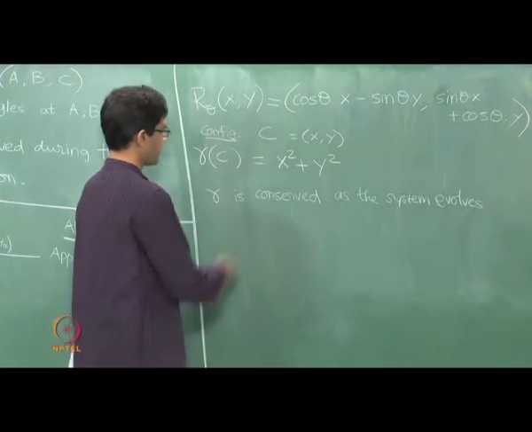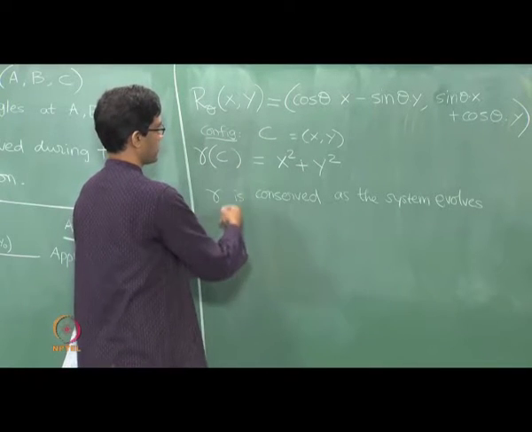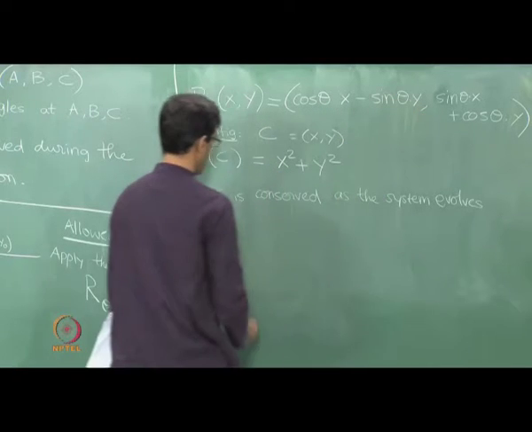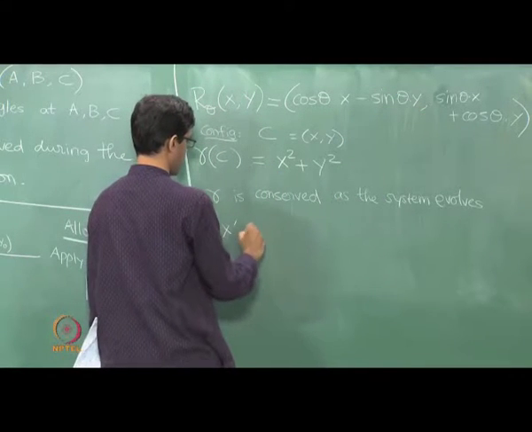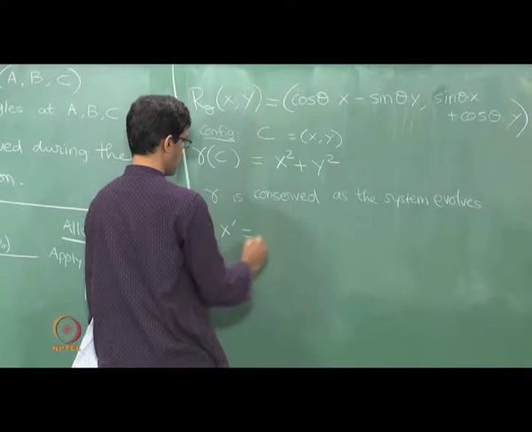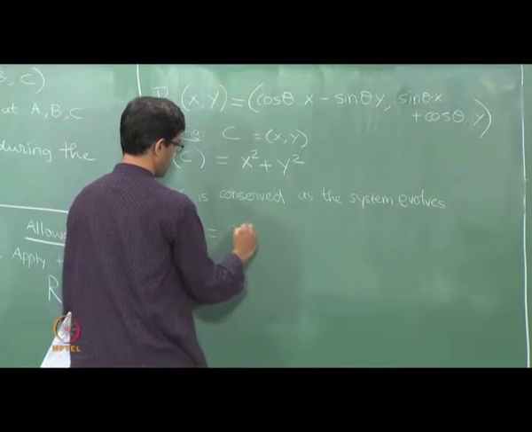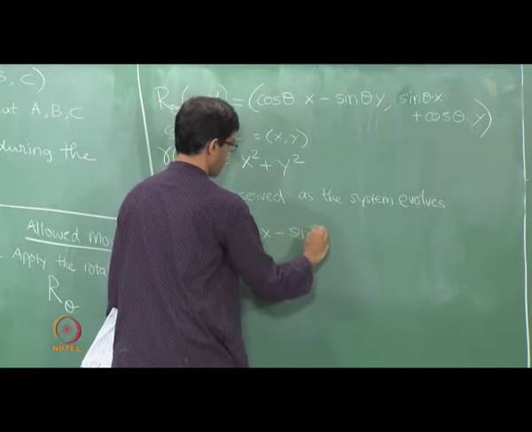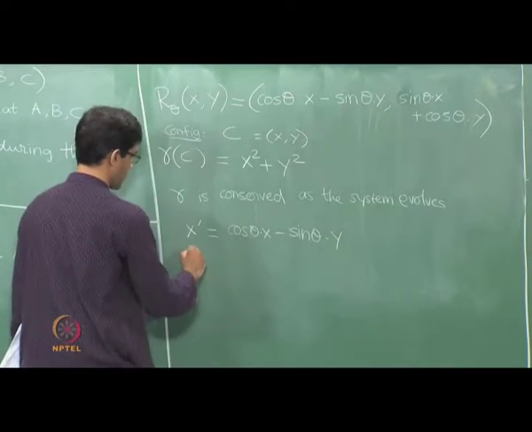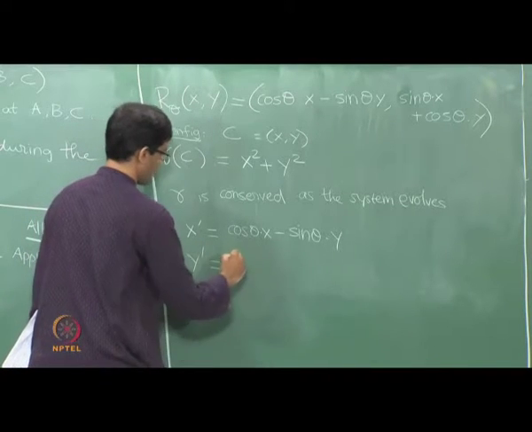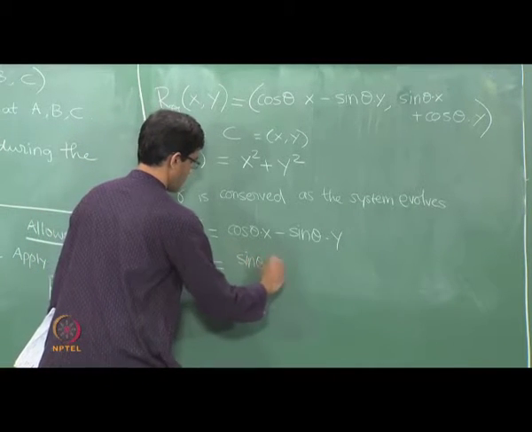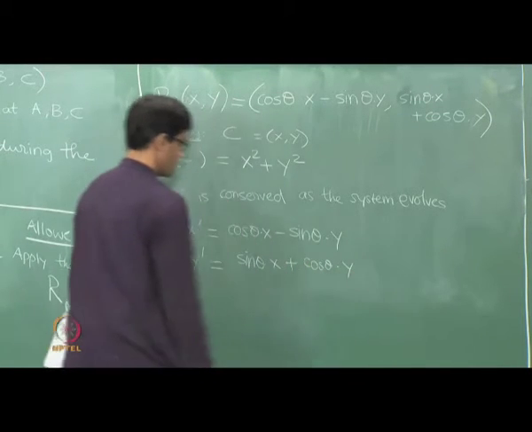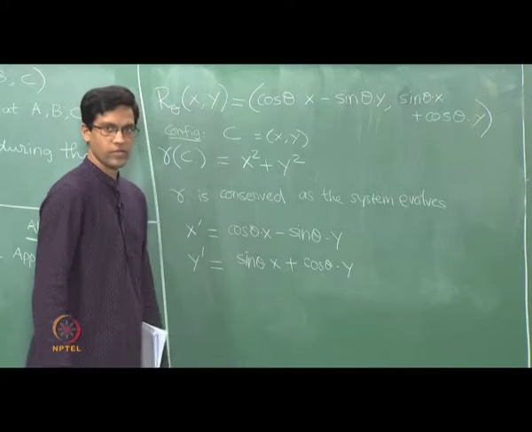And why is that? Well, because if you wish, you can just actually check this by calling this x prime and that y prime. So let's just write this out one step. I'll just leave the verification to you. Call the x coordinate x prime. So this is just a verification from the formula. As I said, geometrically it's pretty clear that the length is preserved. Y prime is sine theta x plus cosine theta y. So that's the new position or the new configuration of the system.